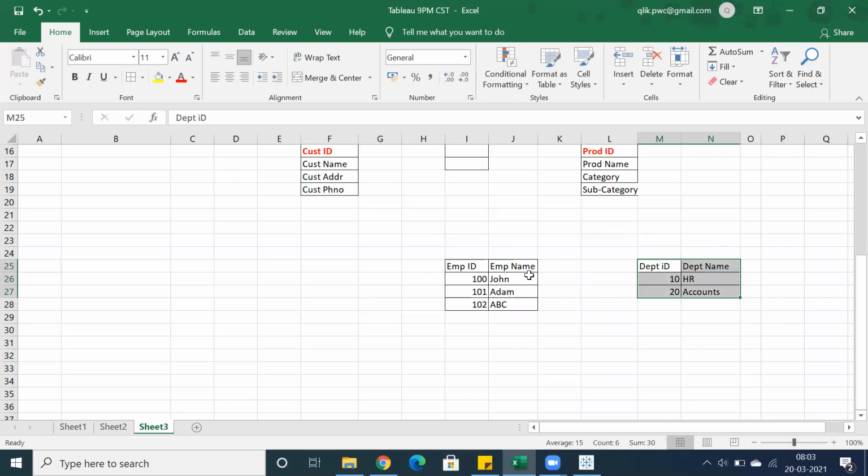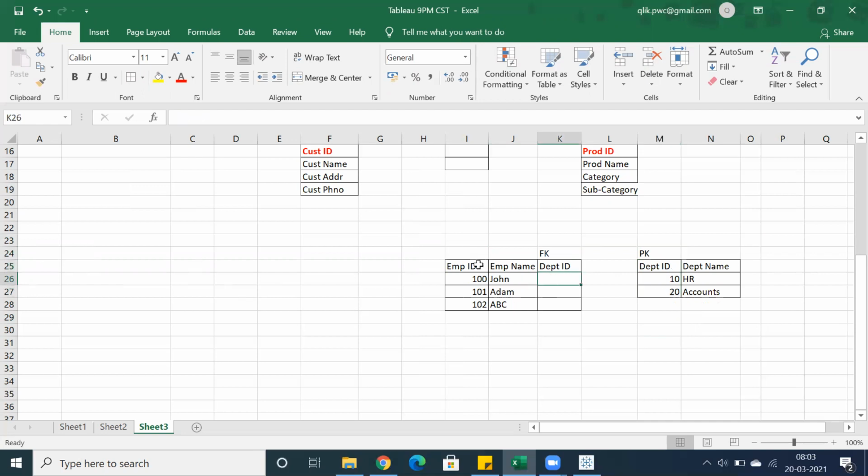Now I want to know which department a particular employee comes under, right? So I want to use department ID here. If you are going to use department ID in this particular table, then that will become a foreign key. So this is a primary key, which doesn't have duplicates, correct? And it's a parent table. And this will become a foreign key. If you mention that, it will be taken care of by the database team. You don't worry about primary keys and foreign keys, but just try to understand the concept. When it is a primary key, we don't have any duplicates.